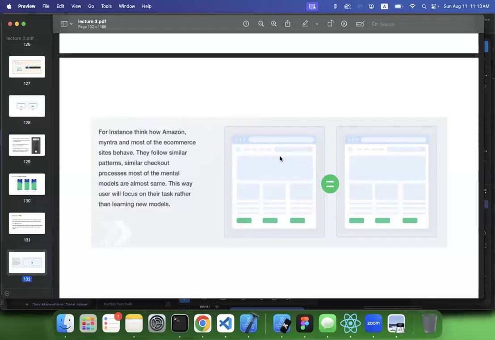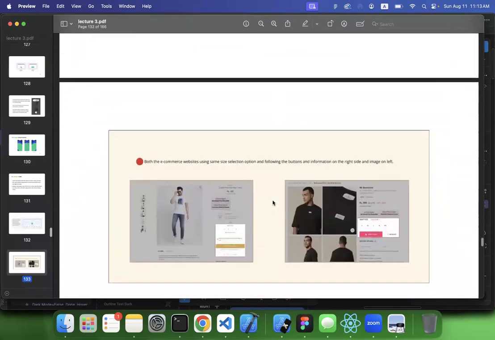So if you are creating an e-commerce website, you have to do research about how the user flow is designed in different, mostly used websites, and you have to implement these designs in your application as well. In that way, users won't spend much time learning about your application. They can easily do the task and buy the product without an issue, with the prior experience